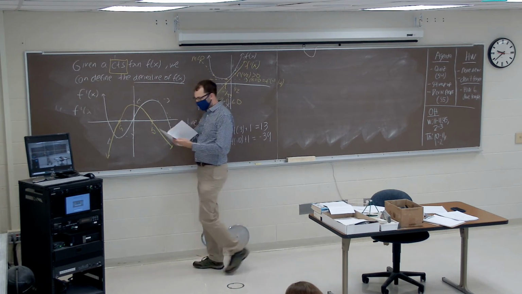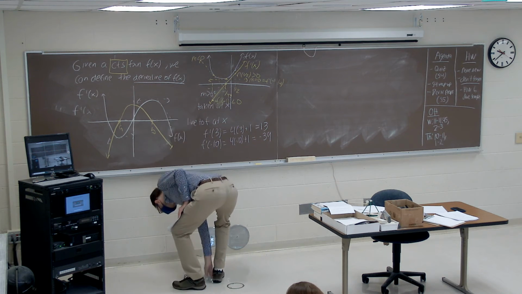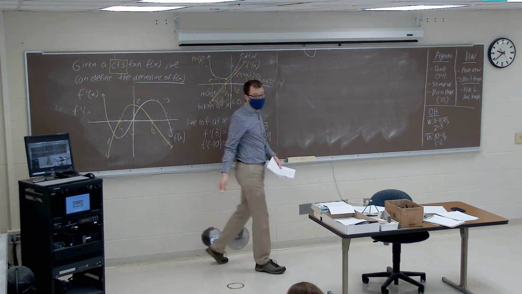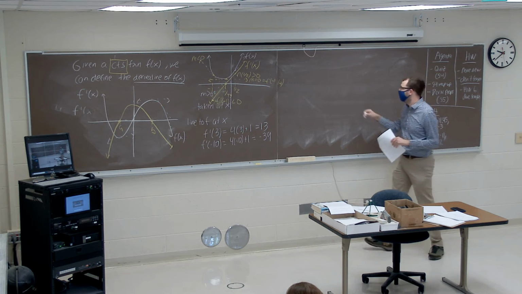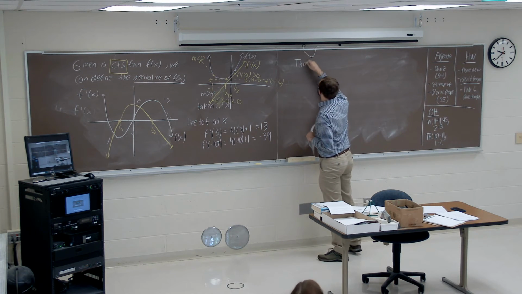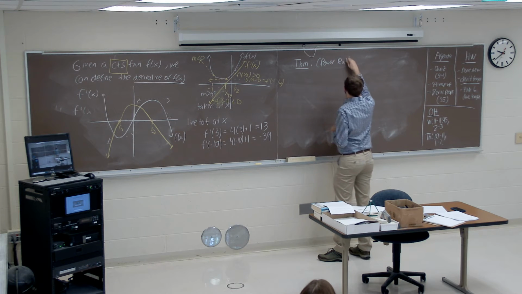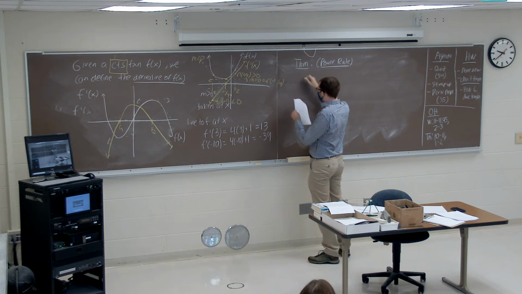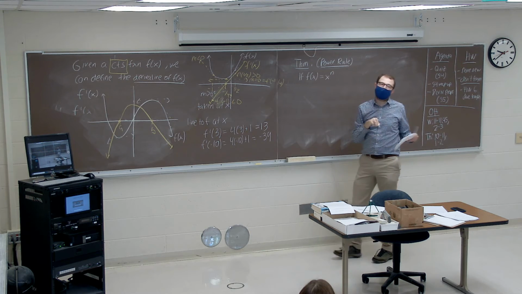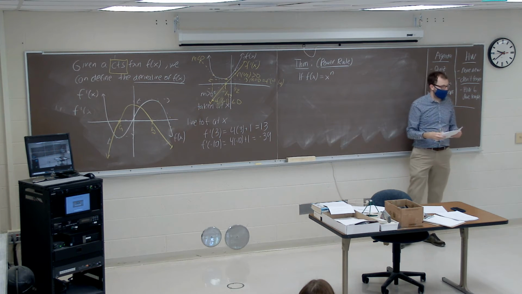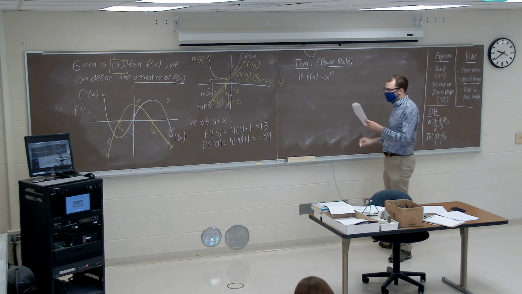So first result I want to look at is going to be called the power rule, which is arguably the most useful of the different derivative taking techniques we're going to look at. And what the power rule says is that if f of x is some power of x, like x squared, x cubed, x to the 10th, x to the 1.5 power, if f of x equals x to the n,